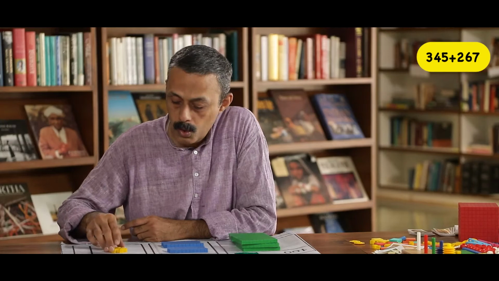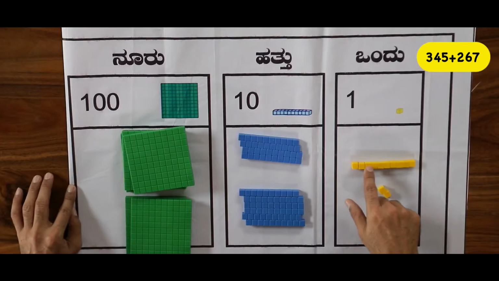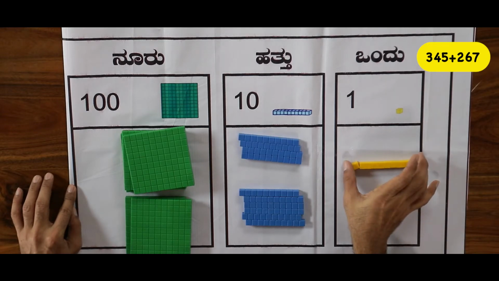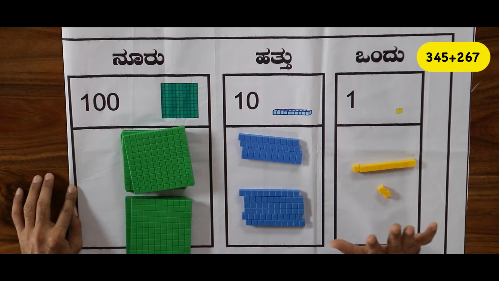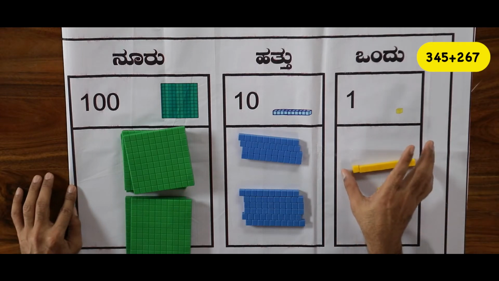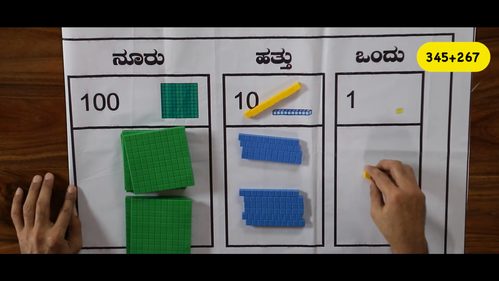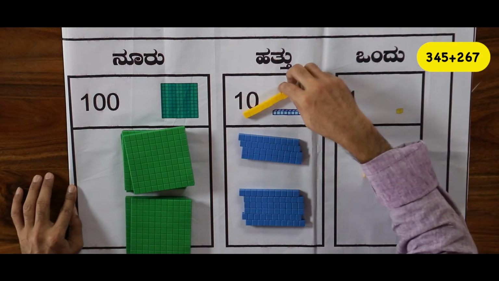What is the rule to be followed here? If a number is more than 9, that is, if it is 10 or more, then we have to make a group. So now I have to make a group of 10. 1, 2, 3, 4, 5, 6, 7, 8, 9, 10. What is to be done with this group of 10? Because this is a group of 10, it cannot remain in this place. So then, where else can this be placed? It can be carried to this place, and the 2 can remain here, correct? So, why do we have to move the 10 to this place?